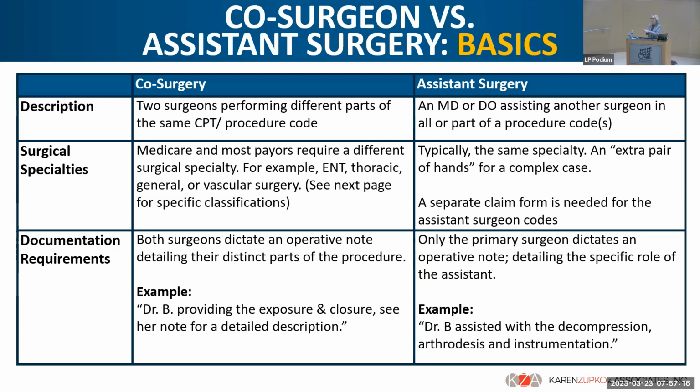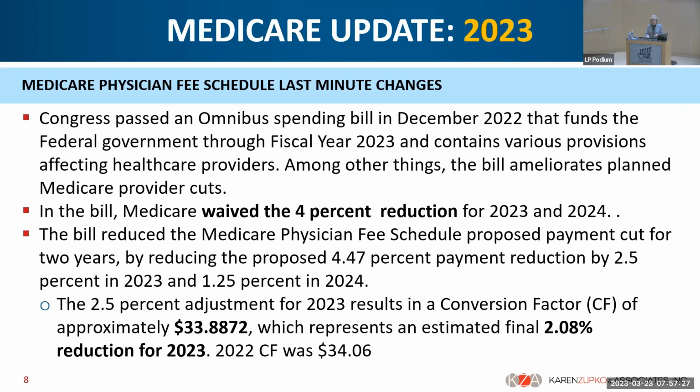That's where the 62 modifier comes from. With the primary and assist, the primary gets 100% payment RVUs on all the codes, and the assistant gets 16% of the allowable fee on those codes, okay? And that's just what I said. Okay,